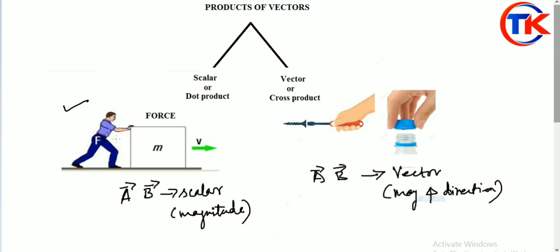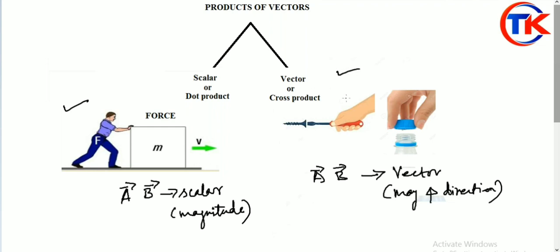How much amount of force is he going to give to this block? Which means he doesn't bother about direction, because definitely the block will move along the direction of the force, right? So in this case we concentrate on magnitude only. I will explain you later. We are going to derive the condition for how we get a scalar. Clear? So see this example.